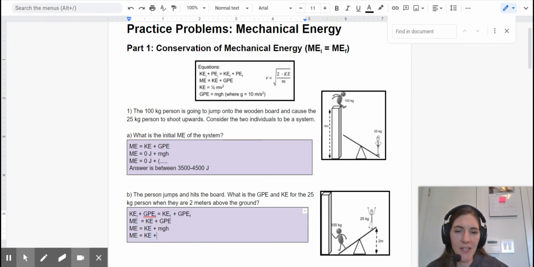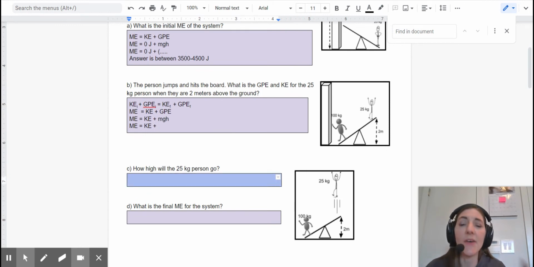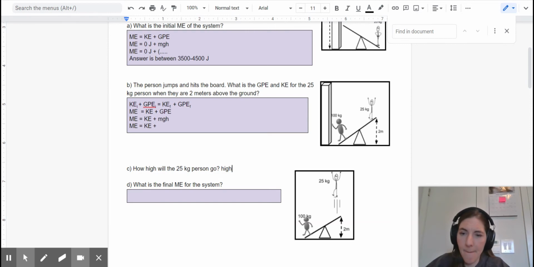So you should be able to figure that out. All right, now, next one. How high will the 25 kilogram person go? Okay, well, realize this. Their highest point,